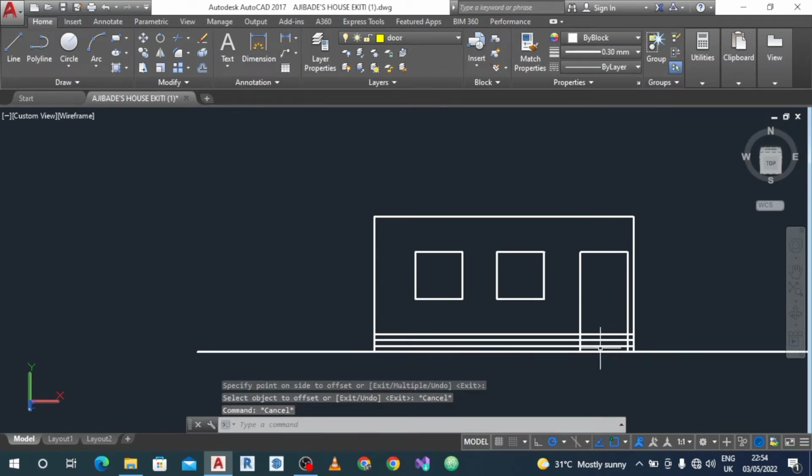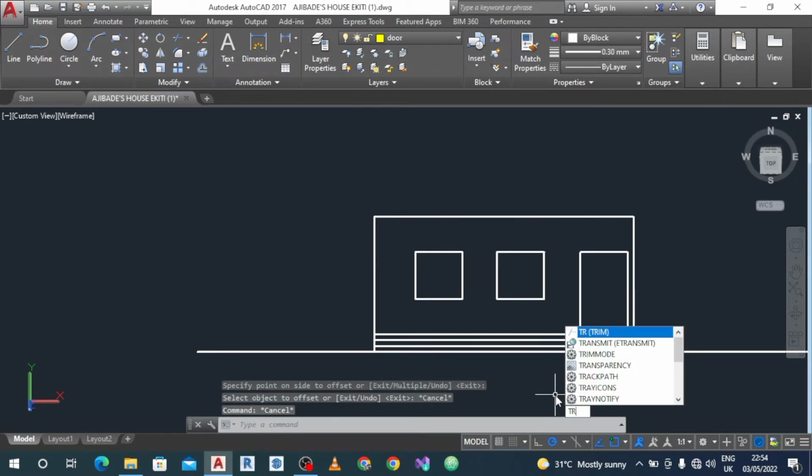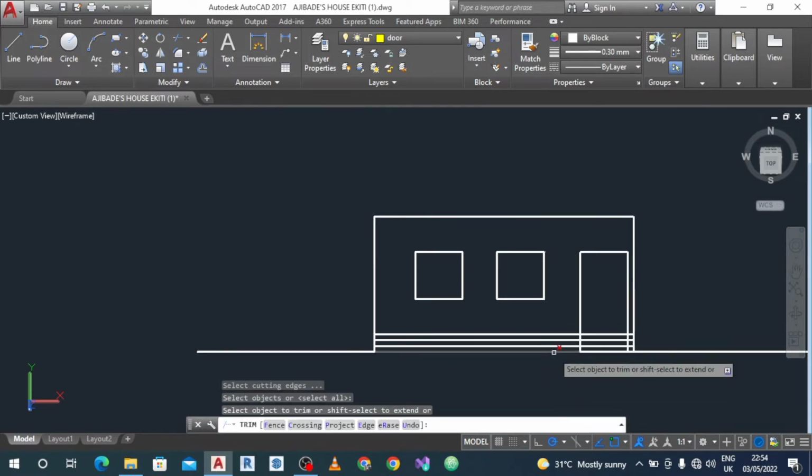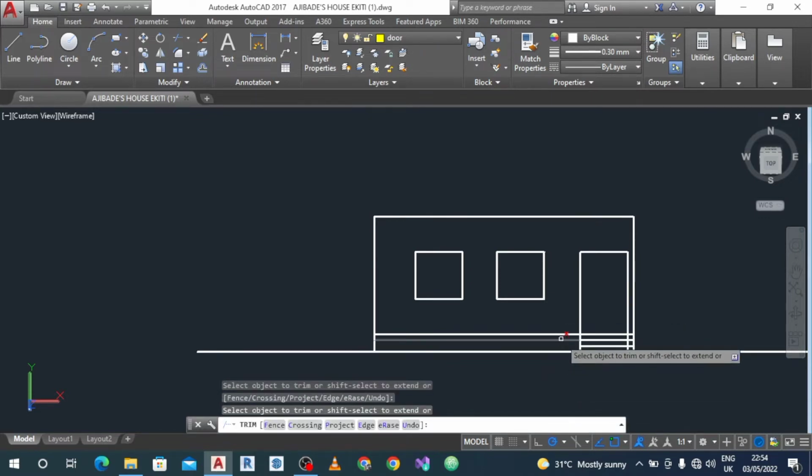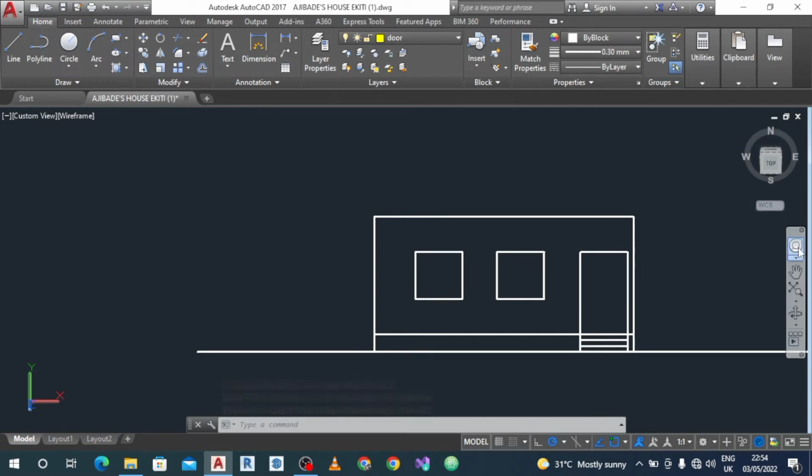So this is the only part we need, the stairs. We don't need this going all around. So TR, introduce trim, enter, and take this off, and come here, take this off, and we take this off. So the stairs is just at the entrance area. So once that is done,